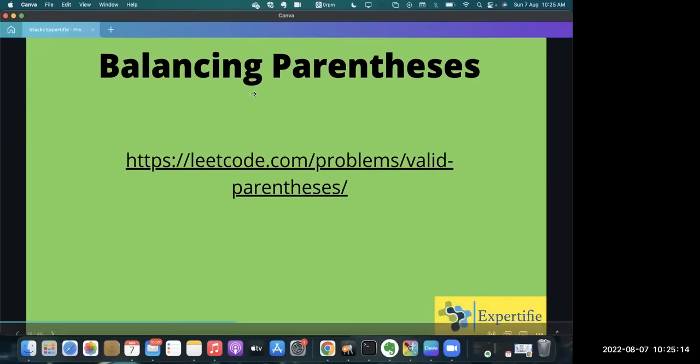So any questions so far? Quick roundup of the class. Any questions on this problem, balancing parentheses? Right, so it was very simple. You have a stack and you have 4 steps. If this is an opening brace, you insert it in the stack. If it is a closing brace, then there are 2 conditions. You need to see if the stack is empty and a closing brace is there,